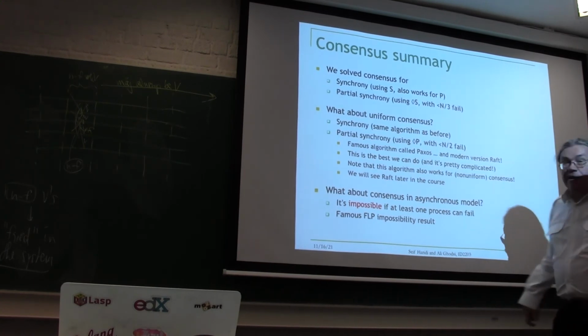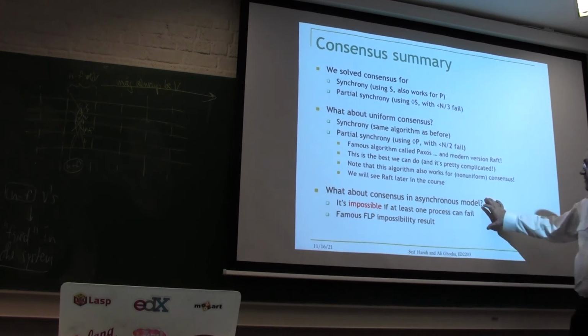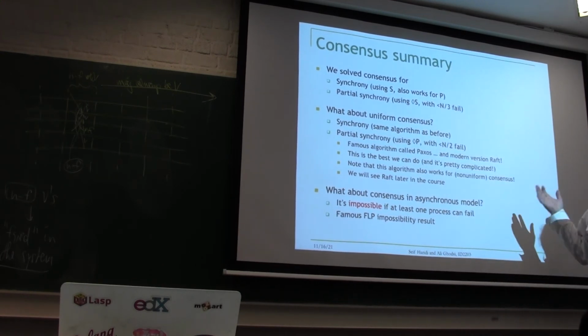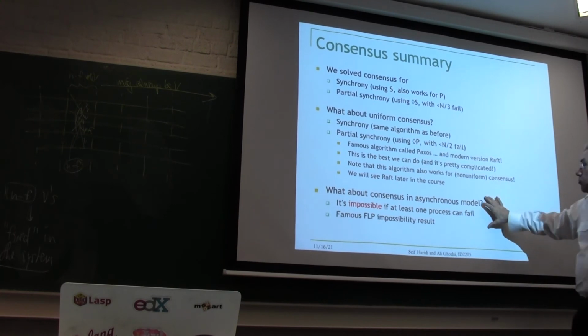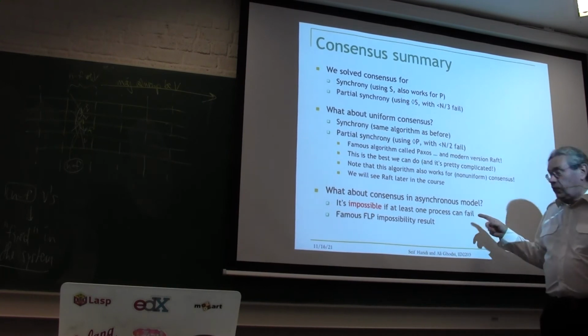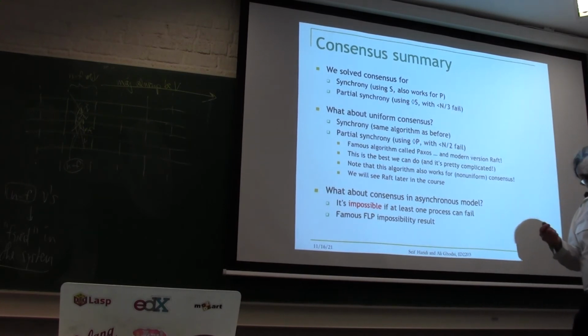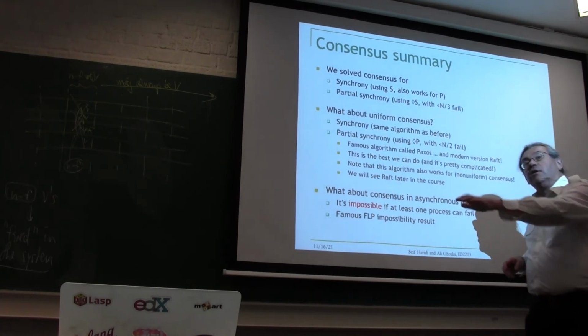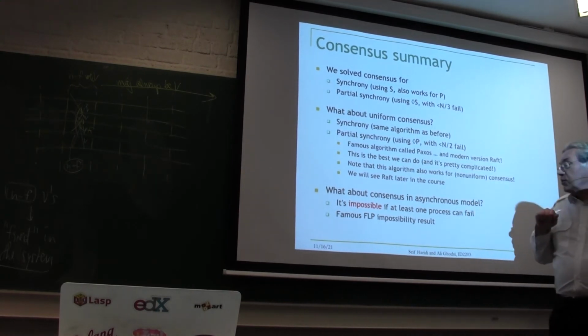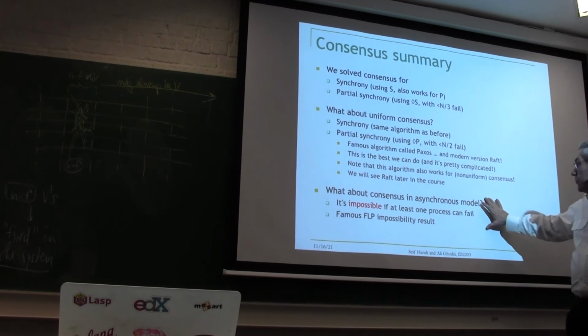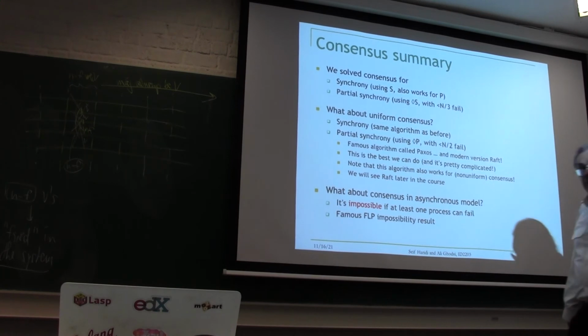So I decided, with a heavy heart, not to show it in this course, because there are so many other things to present. But the intuition is, if you have the model as asynchronous, you can get the intuition from the generals. You have a messenger going from one general to the other, but you have to acknowledge the messenger. You have to acknowledge the acknowledged messenger, and you have to acknowledge the acknowledgement, and so you can always find an execution that never stops. So that's the intuition. And if you formalize that, you can show there's no general way of doing it in an asynchronous model.